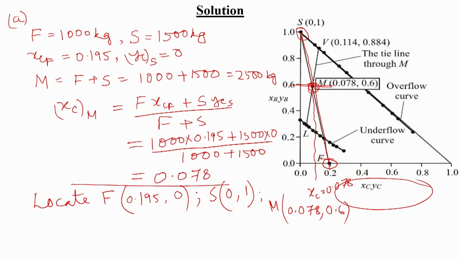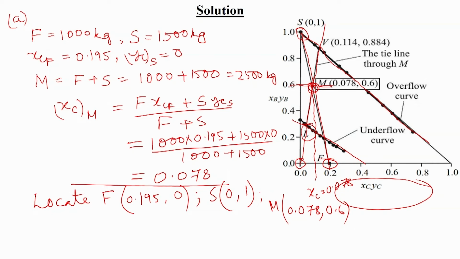So, now the procedure is very simple. Whenever we have this M, as I mentioned, if we draw a straight line from this 0 point, starting from here and extending through M, it will touch this overflow line and this underflow line. This means if we keep this mixture for a long period of time, it will convert into the underflow and overflow.